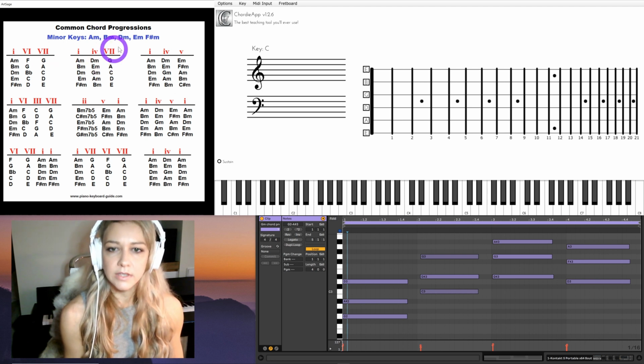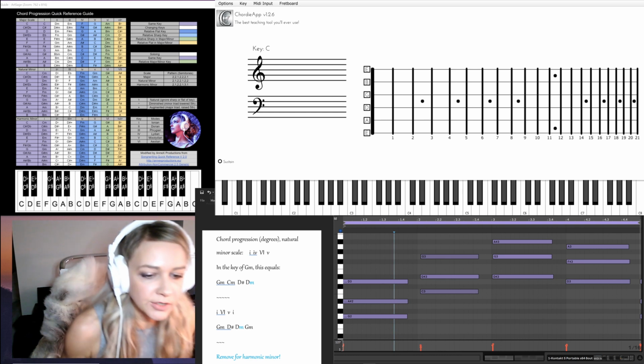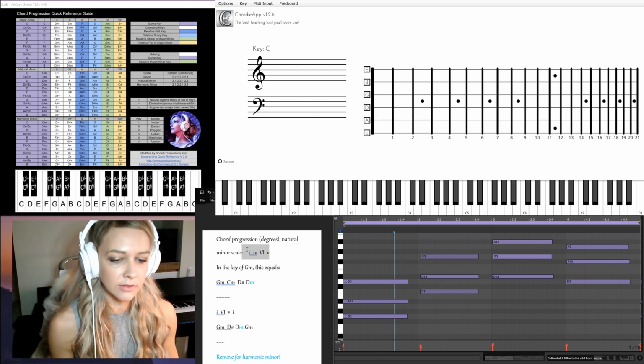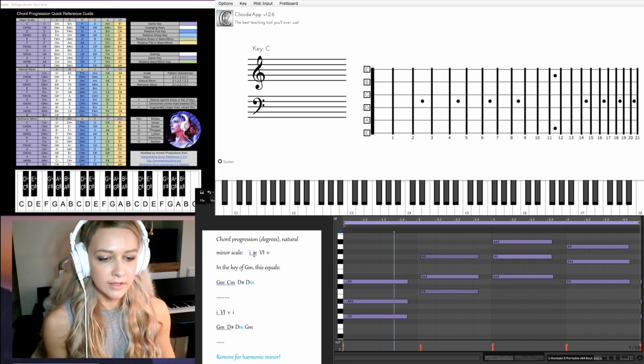So the way you would read this is here, like the chord progression of 1, 4, 5, back to 1 in the minor keys of A minor or B minor or D minor or E minor or F sharp. If you want to work from a chord progression that you want to know how it sounds like in the scale of your choice, say the progression 1, 4,